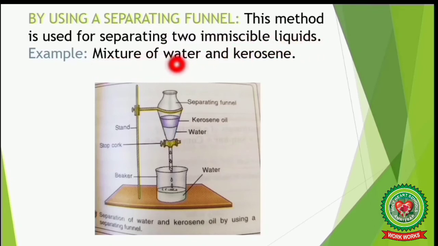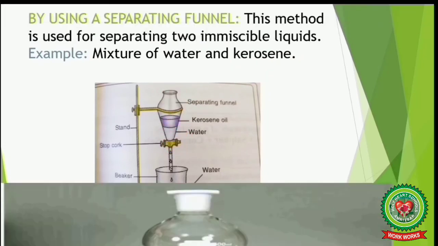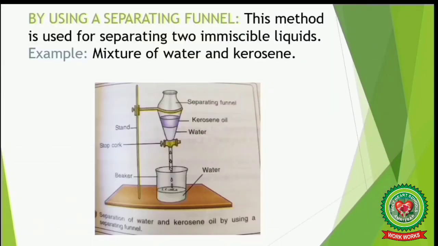For example, mixture of water and kerosene. The mixture to be separated is taken in separating funnel. Students, this is a separating funnel. And the mixture is allowed to stand for some time. When two different layers of oil and water are formed, this stopcock, this is called stopcock,